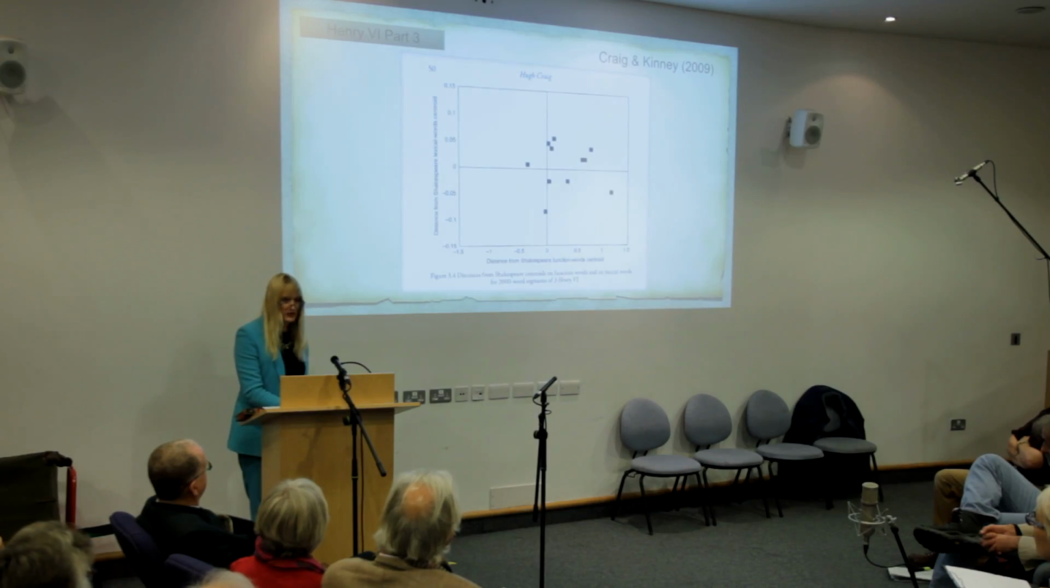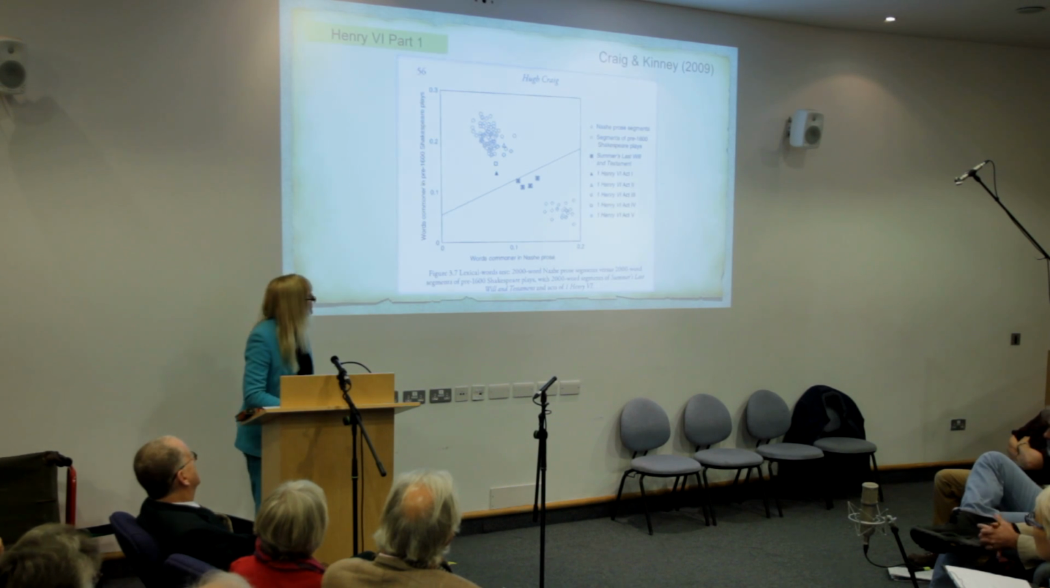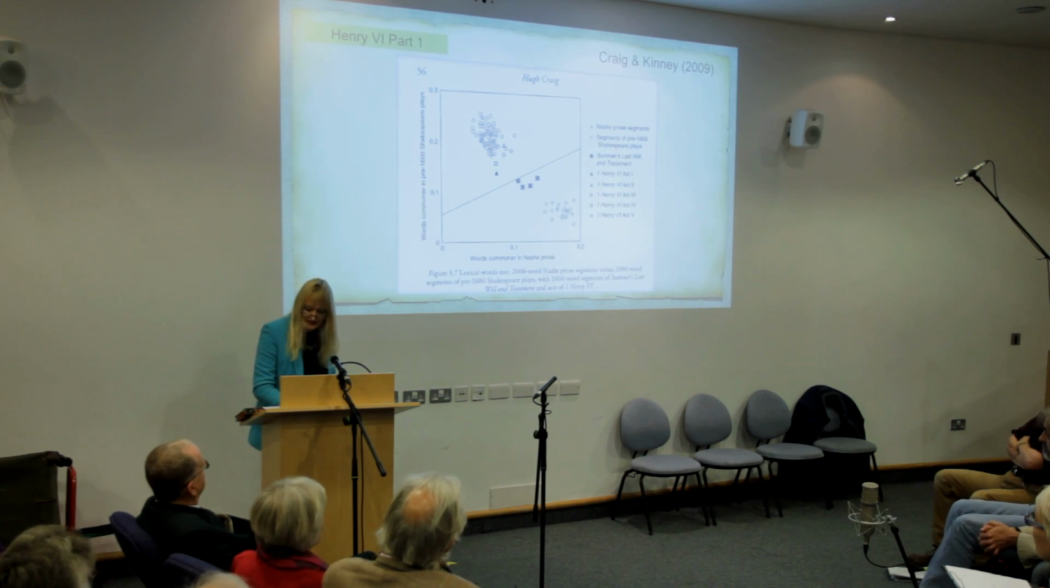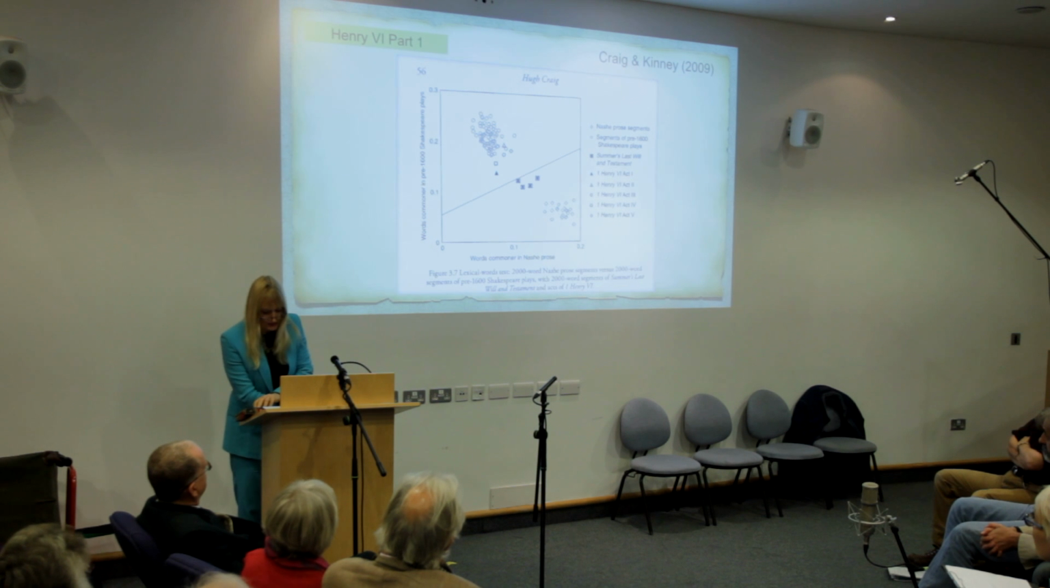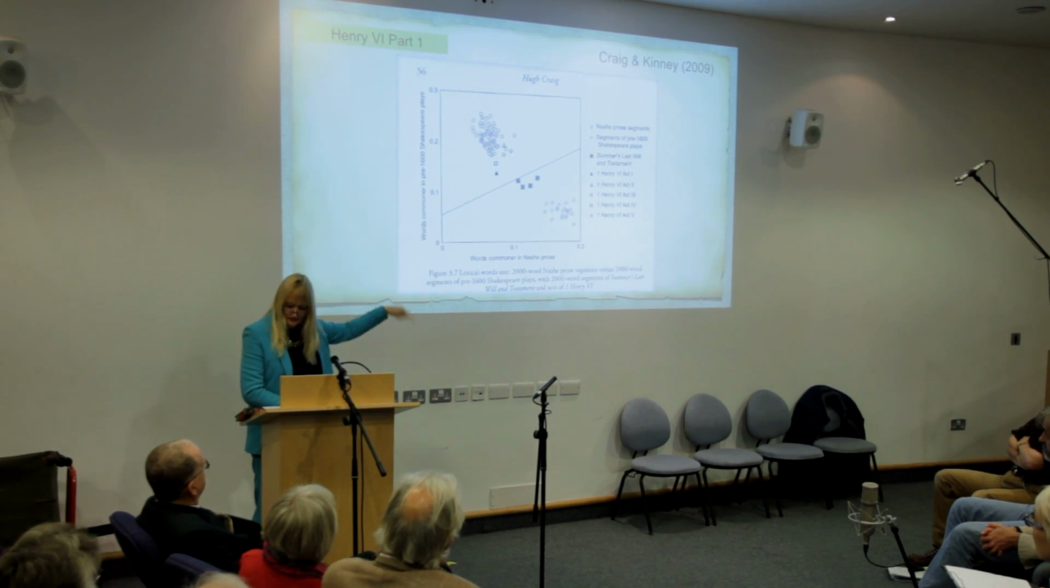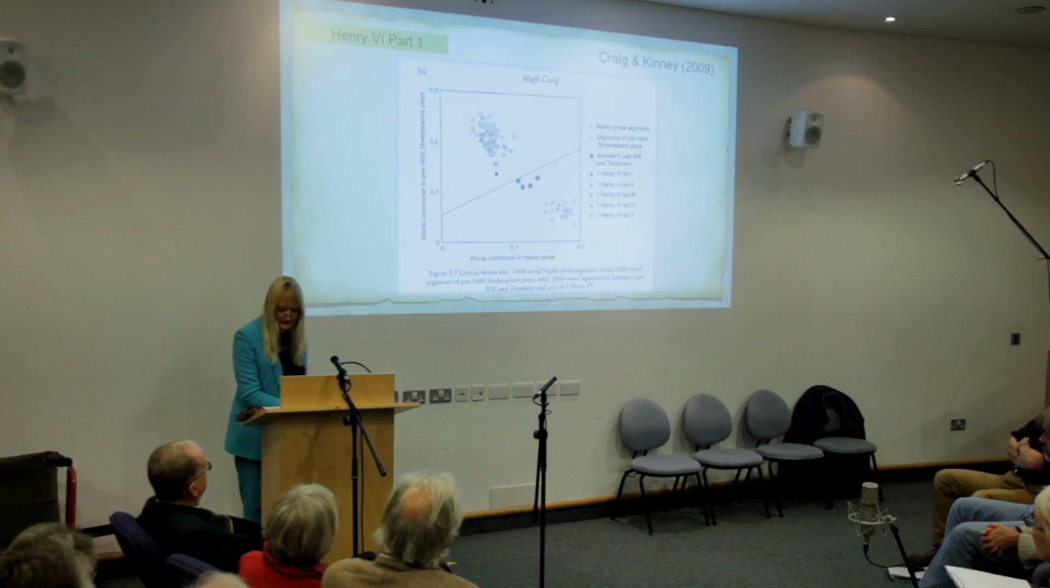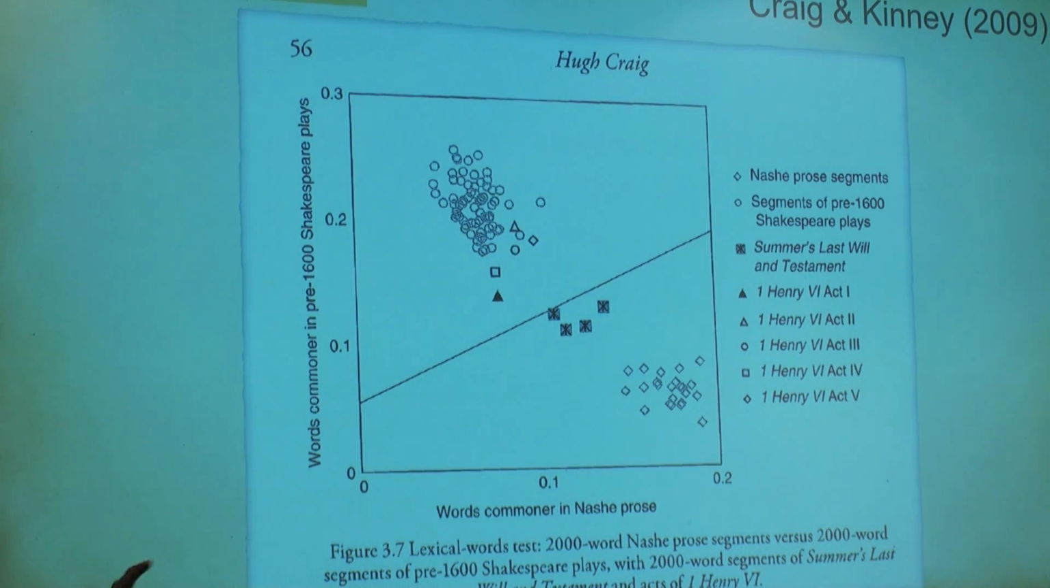Then they were focusing on part 1, looking for co-authors. This is how they ruled out Nash. You can see Thomas Nash's prose works are bottom right, and his single surviving play is just below the line drawn between the 2 centroids of the 2 clouds of results. They say centroids a lot. It means the sort of mathematical centre of the cloud, as it were. And all 5 acts of part 1 of Henry VI are actually closer to the pre-1600 Shakespeare plays, which is